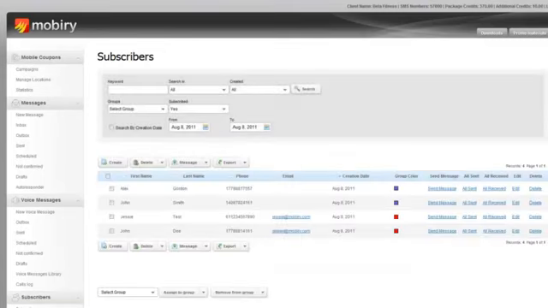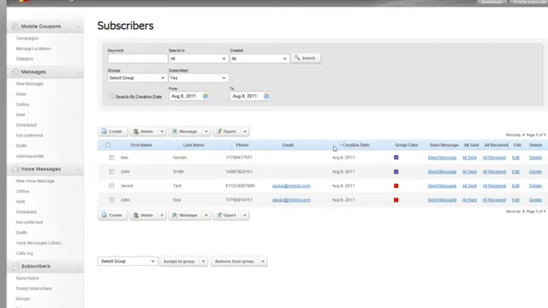When you go back to subscribers, we have 4 subscribers here. Now you can do bulk operations on subscribers. For example, you can highlight the different members, and you can assign them to a different group. You can remove them from group. Each button usually has 2 options. When you click on the triangle,